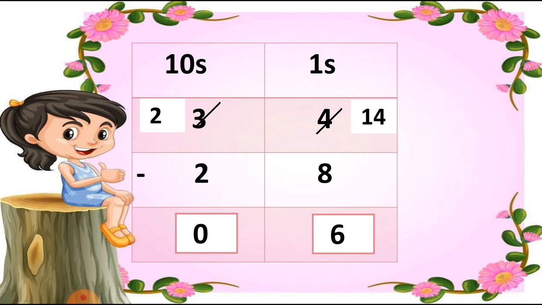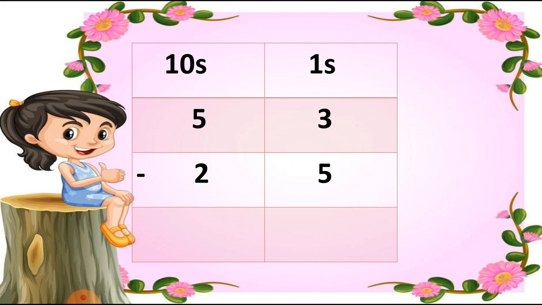Let's take one more example so you will understand this better. Now here is 53 minus 25. I repeat, you have to write down with me, students, so you will understand this better. 53 minus 25. As I told you, always check the ones column to see if this sum needs borrowing or not. See, at the top number 3 is there and at the bottom number 5. The up number is 3, which is the small number, and at the down side is number 5, which is the big number.